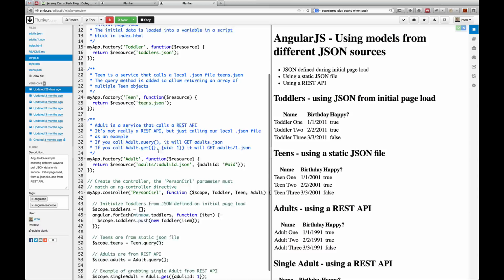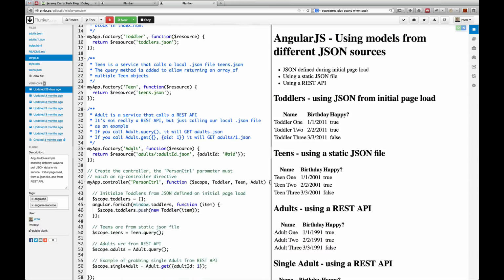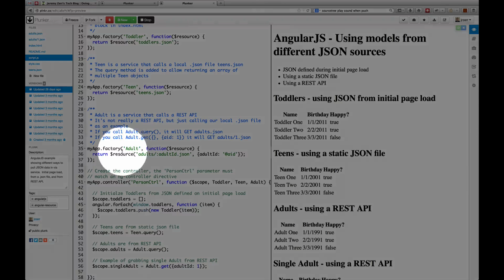But when I look above, we're going to define our factory pretty similar. myapp.factory Adult, pass the resource in. Then we're going to do something a little bit different this time. We're going to define this sort of path. So above we did teens.json, that's just a static JSON file, but down here we're going to say adults / and then this here is a placeholder, this adult ID with a colon in front of it, and .json at the end, and we say adult ID, which matches this parameter over here,